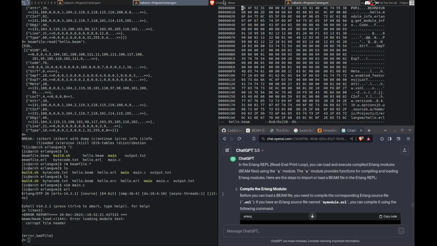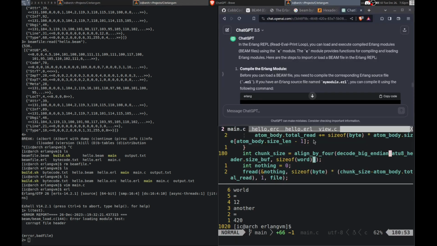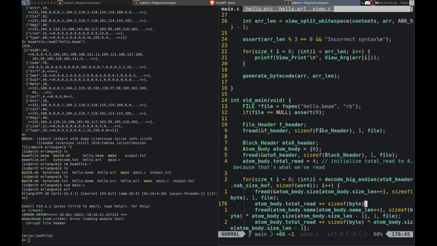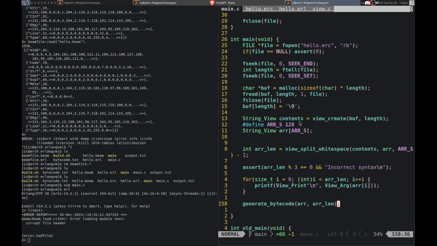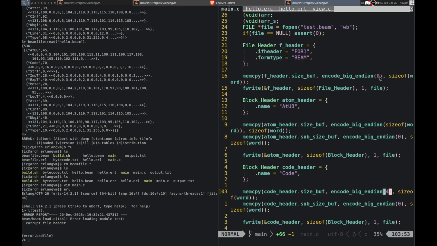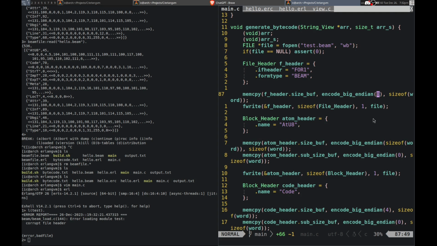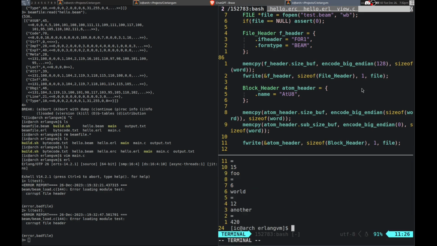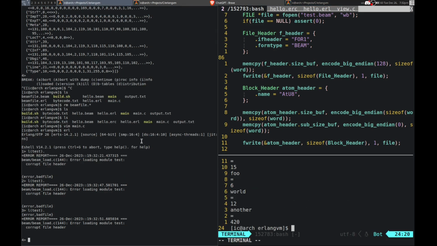So, yeah, I'm not writing the right thing there. So let me try to fix that. What if I just write a large number, basically? Because right now I'm just writing 0. Like I need or something. Need to actually rerun this, so... Still corrupt file header. So why is the file header broken?